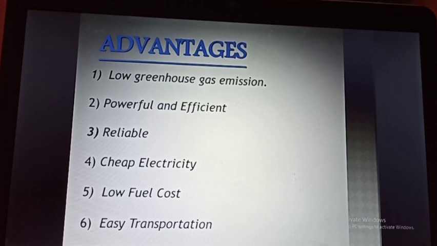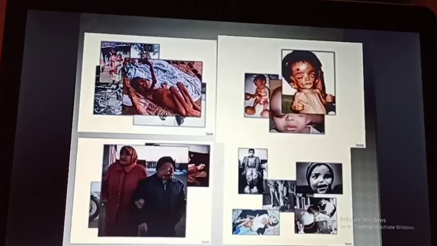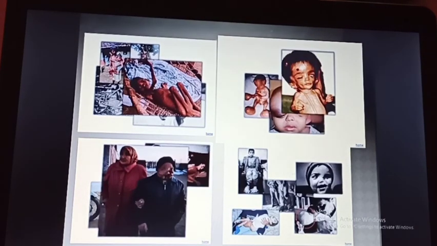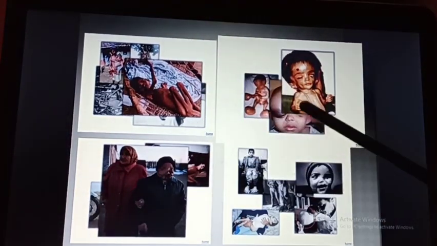Now, the advantages of a nuclear power plant or nuclear energy: low greenhouse emission. Okay, powerful, very powerful, and efficient also, reliable also, cheap electricity. Low fuel cost, easy transportation, and this is an example of